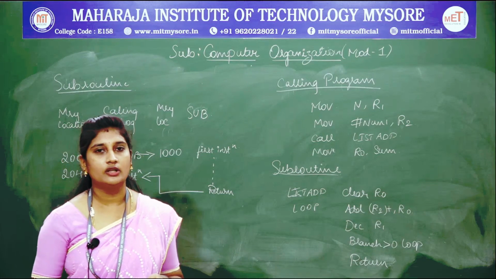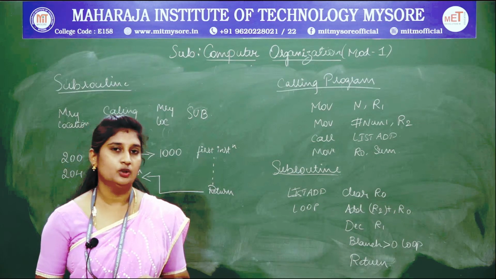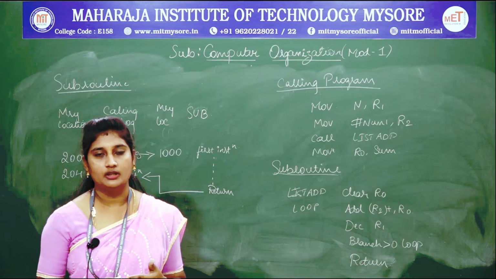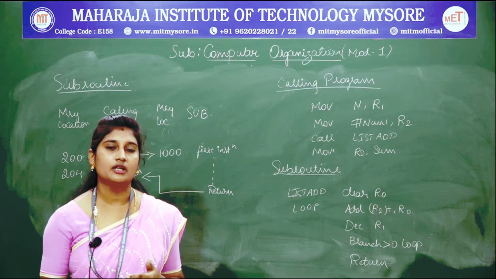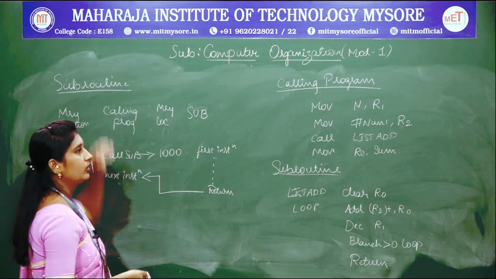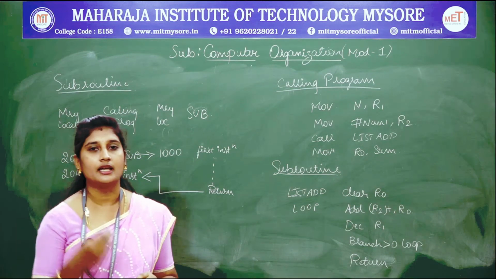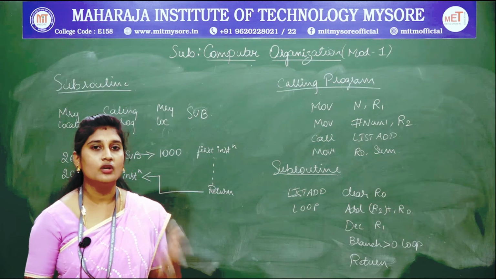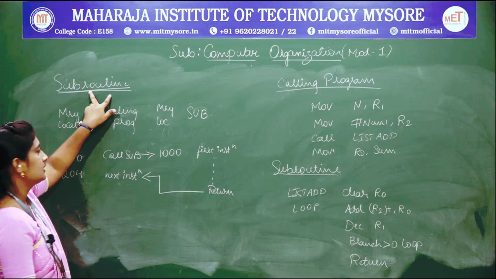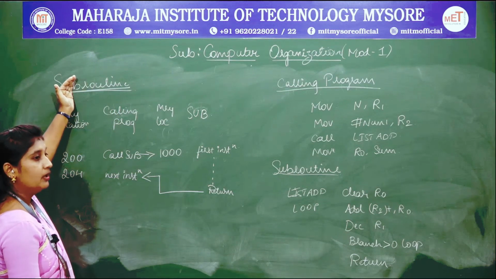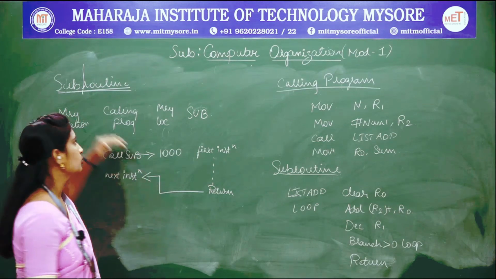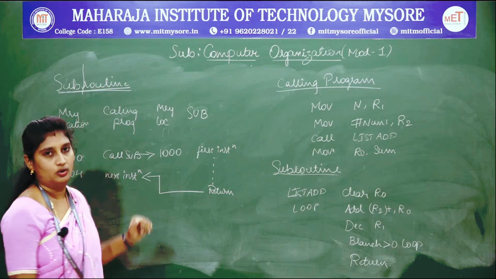So what do you mean by a routine? A specific task is given, and that routine will be applied many times in your program. Instead of executing the same thing many times, you write the task in a separate location and call that task again and again in your program, which is called a subroutine. A routine which is called in your main program is your subprogram. That is why you call it a subroutine.